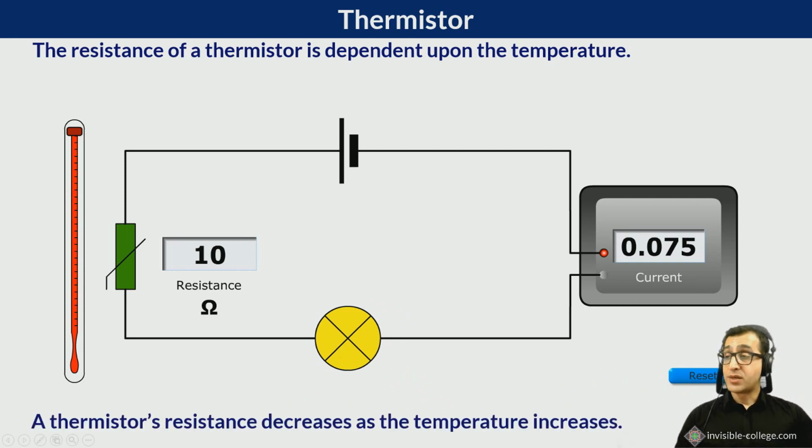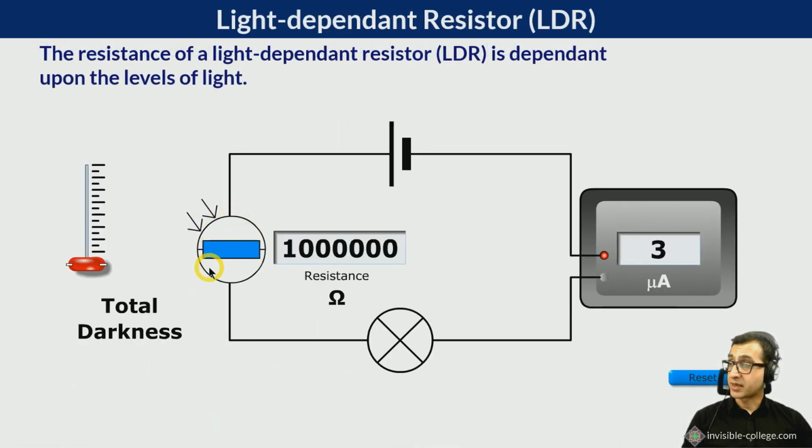So if we compare that to another electrical device, which you should all be familiar with, the light-dependent resistor, whose symbol looks like this. A light-dependent resistor is a resistor whose value of resistance in ohms depends on the intensity of light falling upon it. Now, in total darkness, its resistance is very high, and so we can see here that we have a very low current, 3 microamps. This Greek symbol mu is the symbol for micro, which is a prefix which we put in front of a unit to mean 1/1,000,000th of that unit. So this is actually 3/1,000,000ths of an amp, 3 times 10 to the power minus 6 of an amp, a